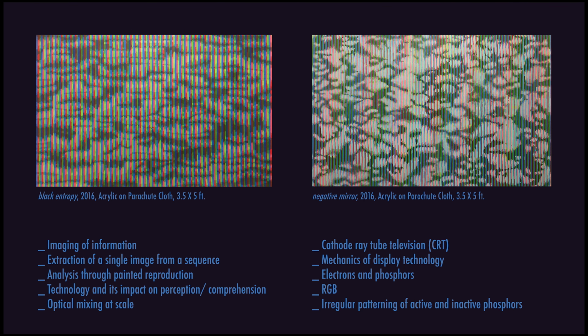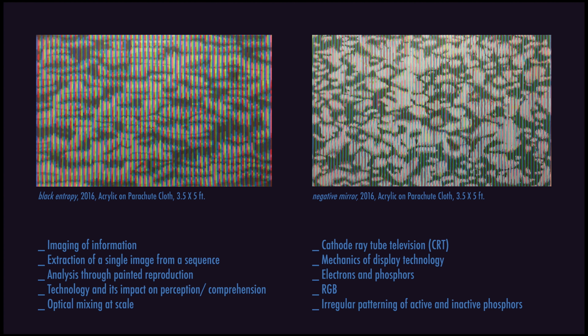So I thought to investigate this further, and I chose painting as a way to dialogue with the work and analyze it. So I extracted one image from the sequence and blew it up to look at it more closely. So I thought through this painted reproduction process, I can look a little bit more closely. So I start to see the technology that is there, the RGB striping, the vertical stripes, and the lights and dark shadows that play across there. And I'm immediately taken with the idea that the technology is informing my perception, my comprehension of this information. And I think that's been a very interesting discovery.